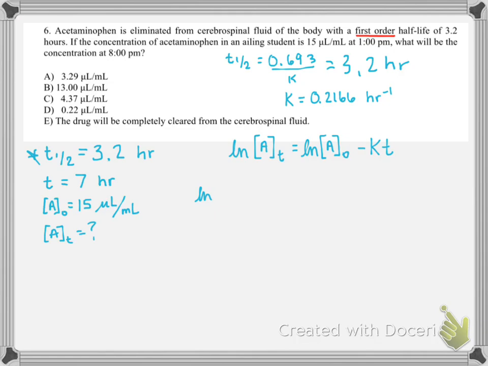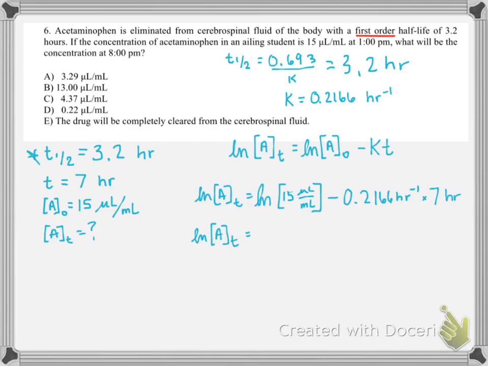So we're trying to find the ln of A sub T. We're starting with the natural log of our 15 microliters per mil. It's a weird unit, but it's concentration. Minus our K, 0.2166 inverse hours times the 7 hours that are going by. So if we plug everything from the right side of this equation into the calculator, we find that the ln of A sub T is equal to about